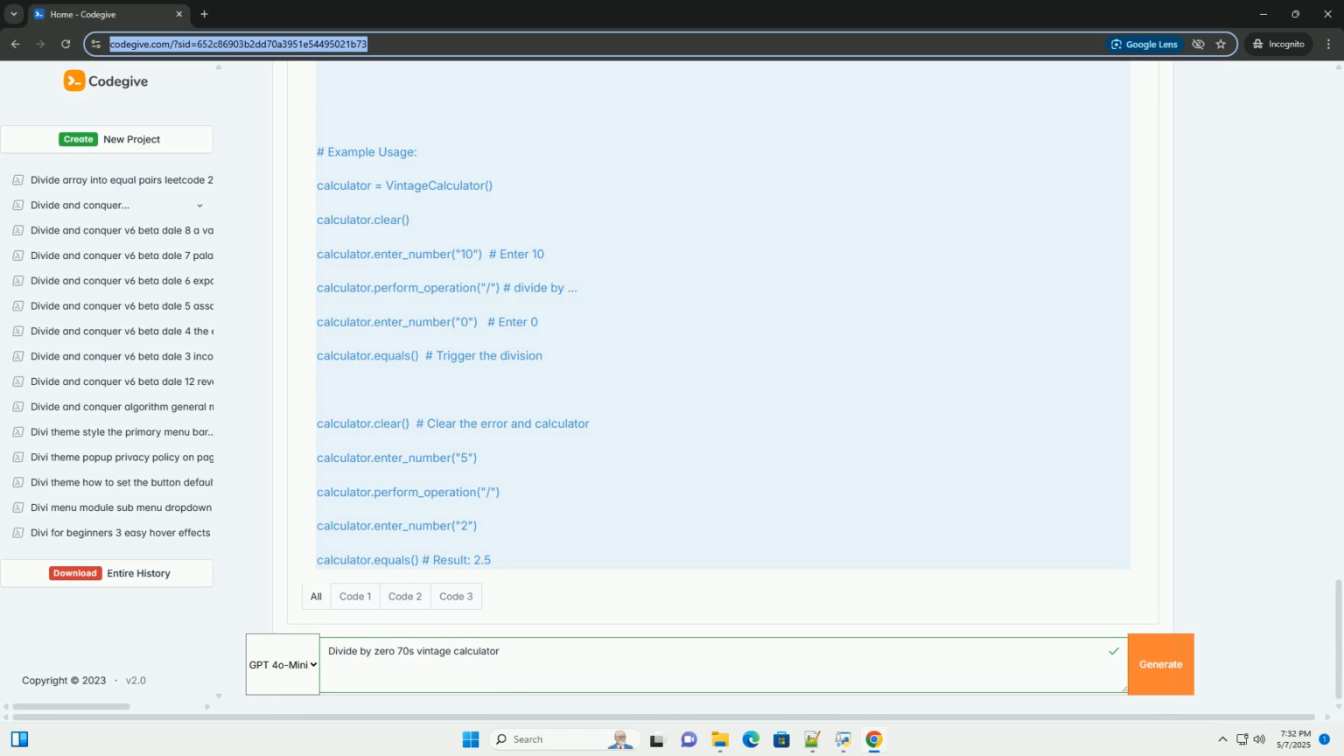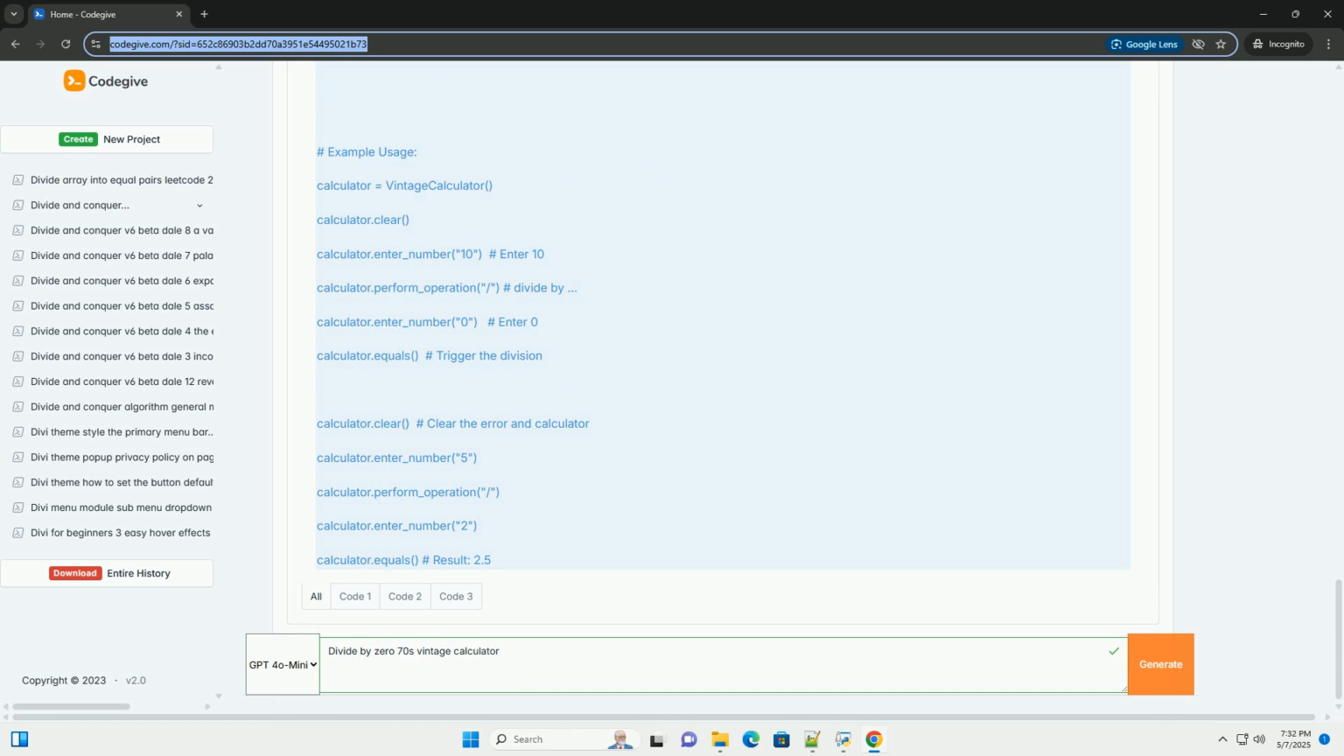6. Beyond the basics, further considerations. Floating point representation: this example uses Python's built-in floating point numbers. Vintage calculators used BCD and fixed point arithmetic, which would have affected precision and the handling of very large or very small numbers. More detailed error handling: a more sophisticated simulation could include different error codes and specific